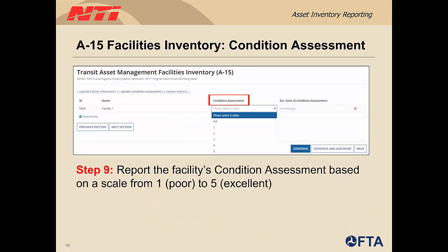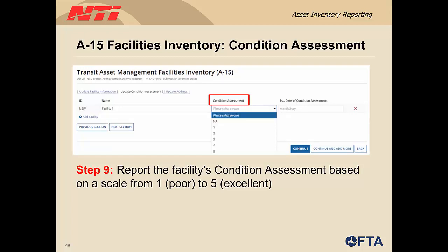The next section is the condition assessment section. For any facilities that your agency has capital responsibility for, you are required to report a condition assessment. The number of condition assessments required were phased in since the beginning of the mandatory asset reporting, starting with 25% in report year 2018, 50% in report year 2019, and so on.